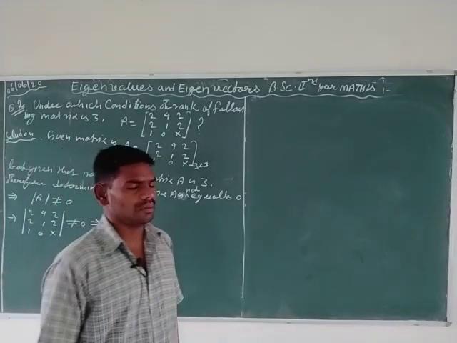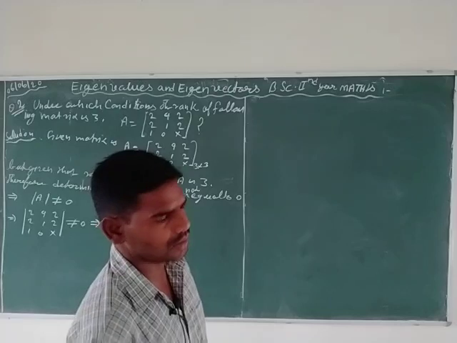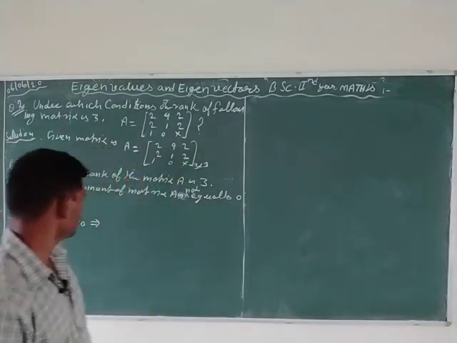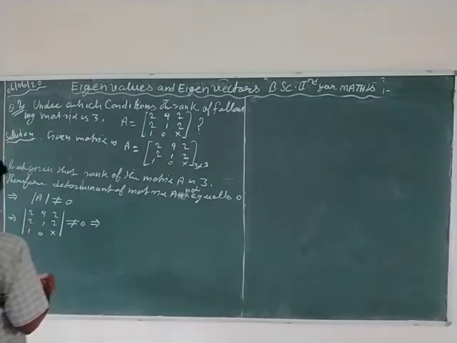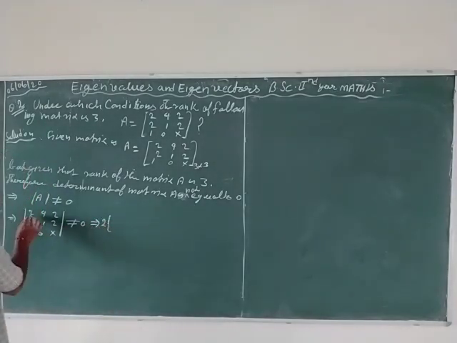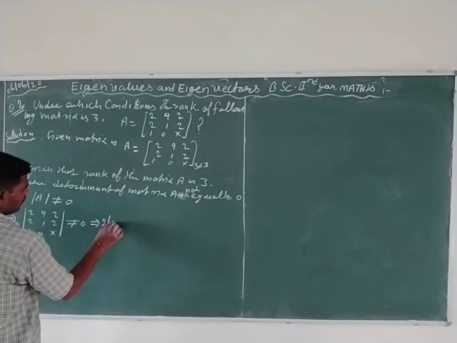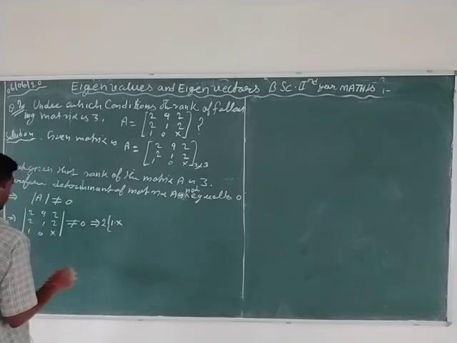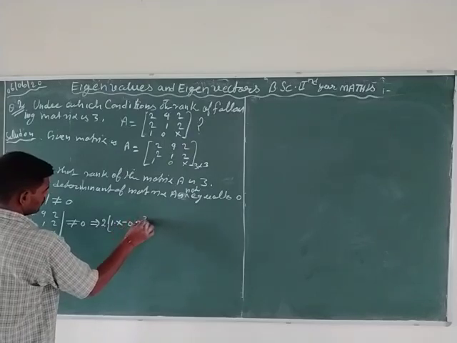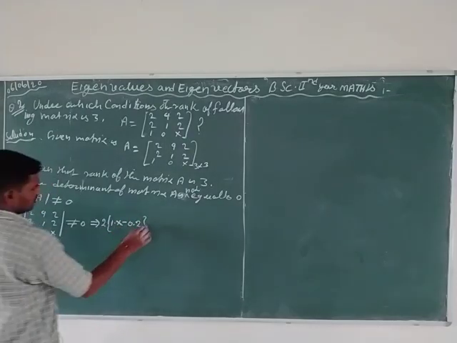So the determinant of a 3 by 3 matrix is not equal to 0. Calculate the determinant: take 2, eliminate first row and first column, so multiply by 1 into x minus 0 into 2, minus 4,